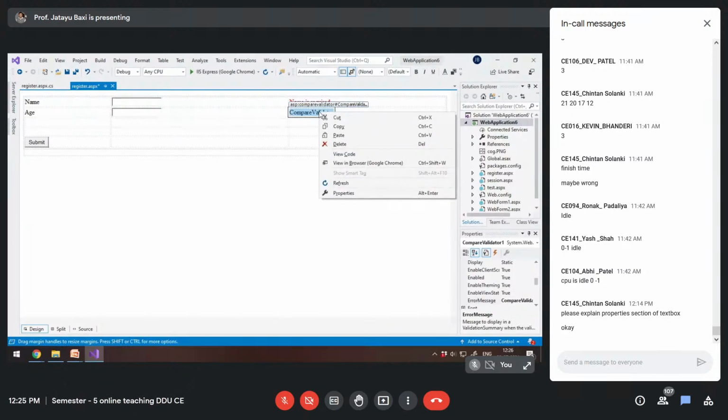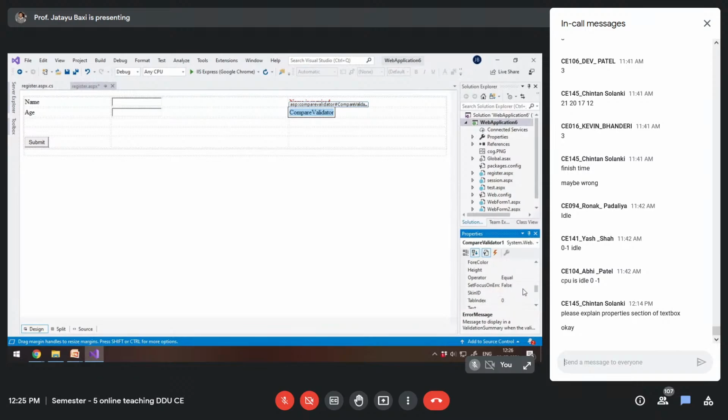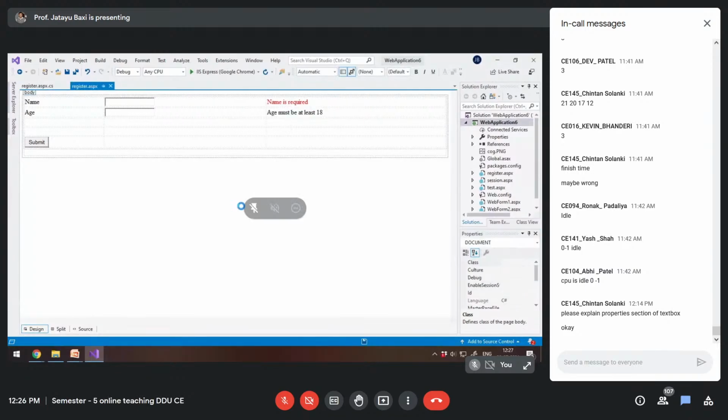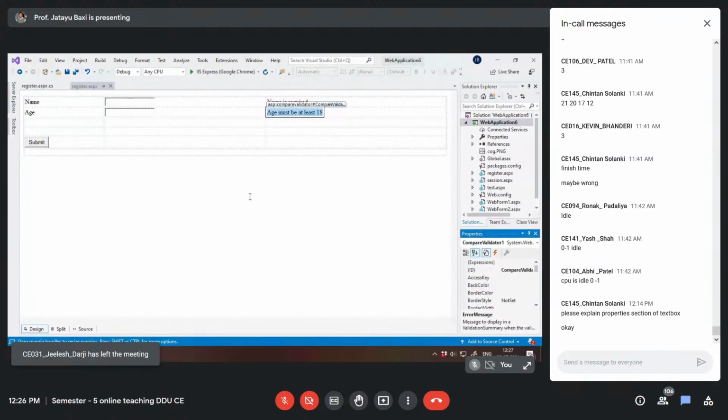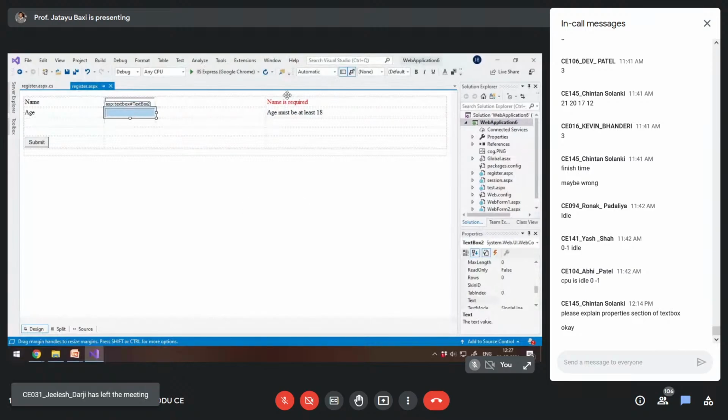Now first I am changing the text property. Age must be at least 18. Okay. Now control to validate. This validator must be applied to this control, text box 2.